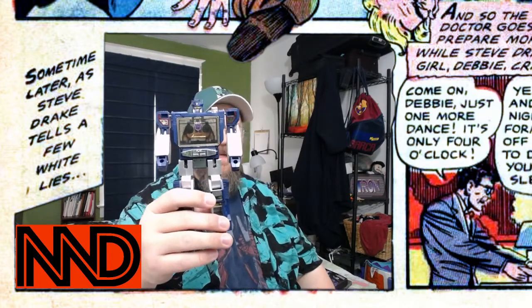Although, okay, so here he is transformed, looks the same, but I see ratcheting in his elbows. I don't remember that being in this classic one, in my G1. So let's open this up real quick, transform him back for comparison's sake. I'm not going to transform the Masterpiece one because we don't have the time for that. But let's bring out,